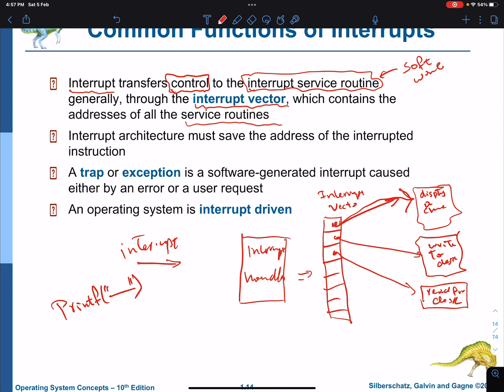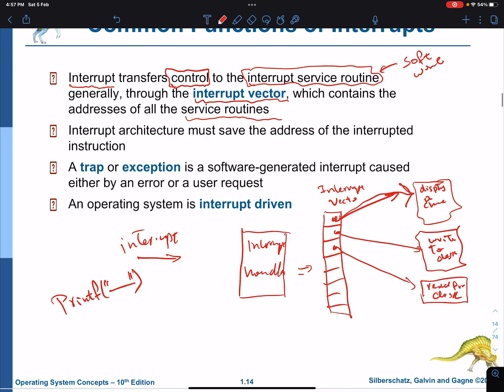All right. What is this very important word? Trap. A trap, also called an exception, is a software-generated interrupt caused either by an error or a user request. Those who studied a high-level language, Java for example, or Python, know that you have exceptions.